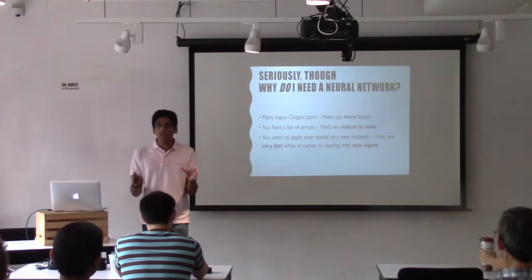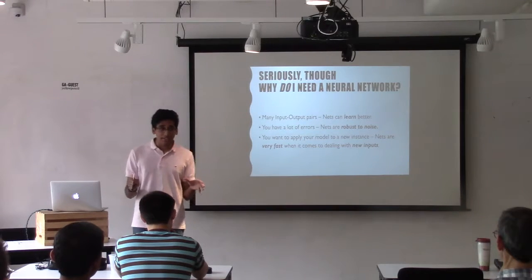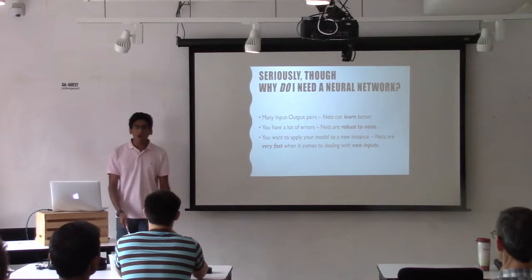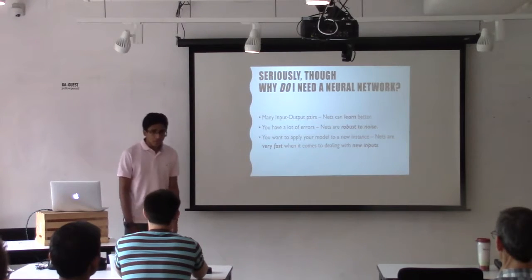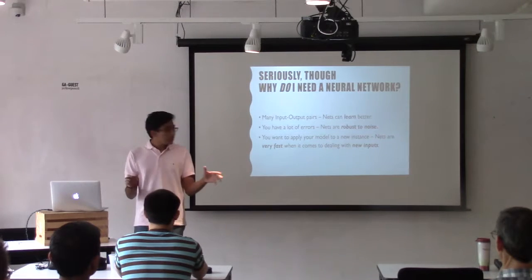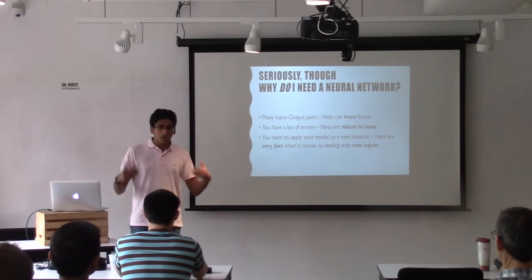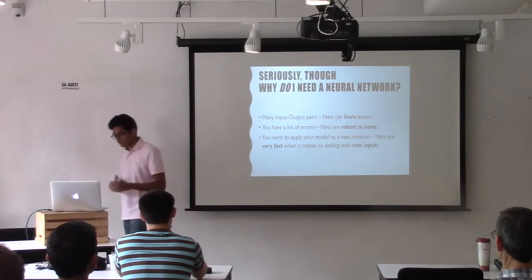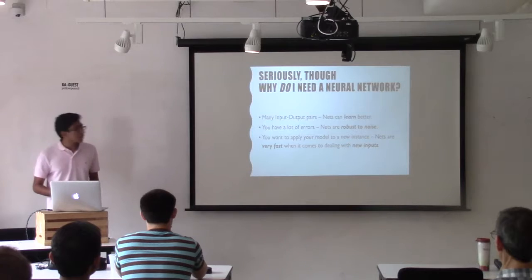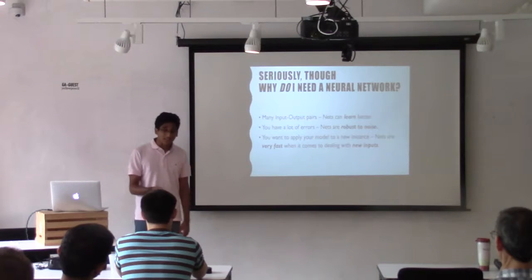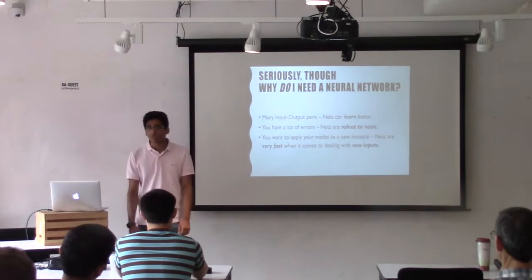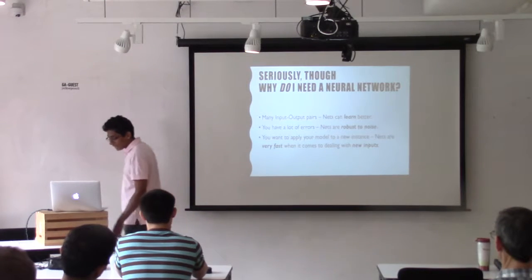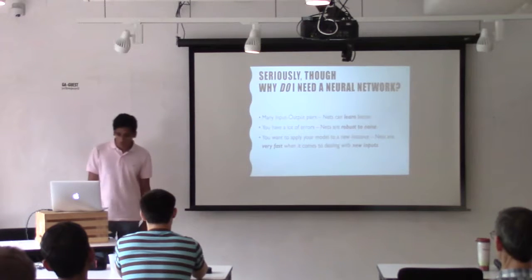But why do we really need a neural network? Because a neural network can solve certain problems that other modeling techniques just have a tough time with. Neural networks can deal with problems where you have a lot of input-output pairs. They can deal with a huge amount of data because neural networks just learn better. They learn more like humans than any other modeling technique. You'd use a neural network if your data has a lot of errors. Let's say even 10% of your information has errors. Neural networks can just see through that and they're completely robust to noise.